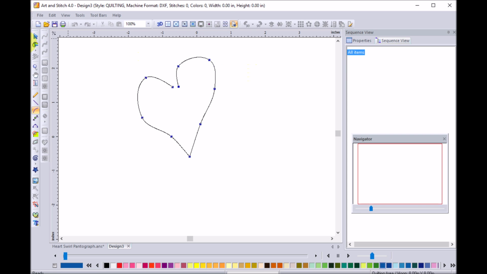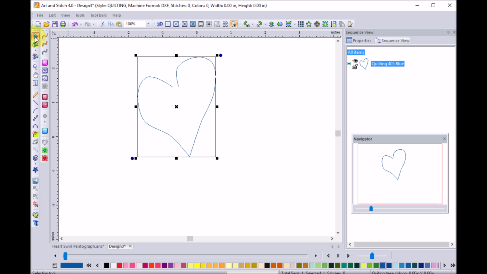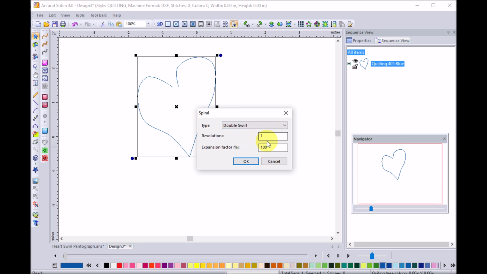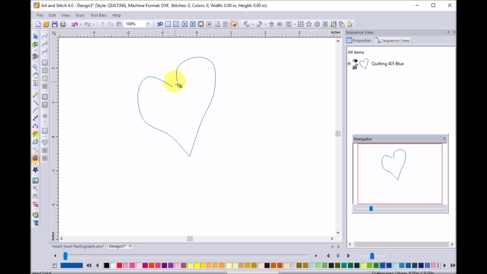And once I have my heart done, I'll use the select one to accept it. And then to do my swirl, I'm going to go to the shapes, and the very last one is a spiral, and I'm going to click on that, and I'm going to do the double swirl spiral with just one revolution. And so I'll click on OK, and it will basically create a swirl. Now I can use the rotate button,